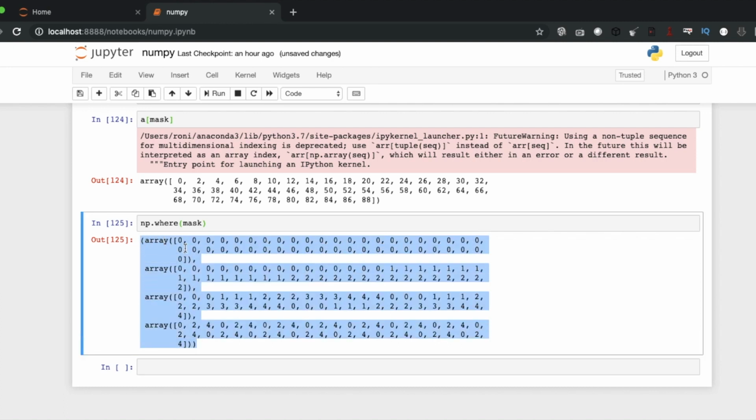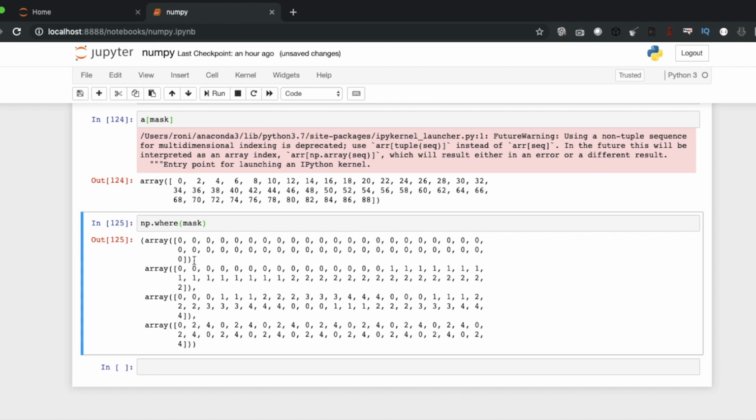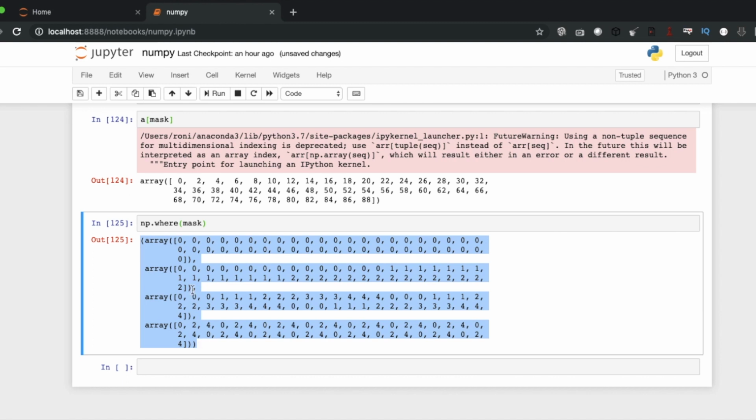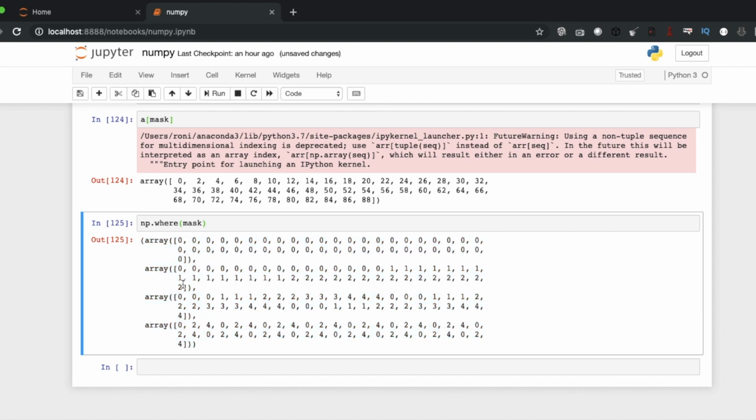I'm not sure. This is the first array. Array of 0, 1, 2, 3. I'm not sure why, how many arrays are there. 0, 0, 0, 0, 0, 1, 1, 1, 1, 2, 2, 2. What is this? I'm not sure why it is printing like this.